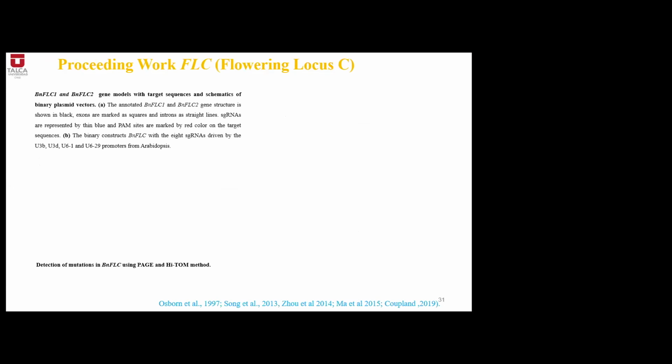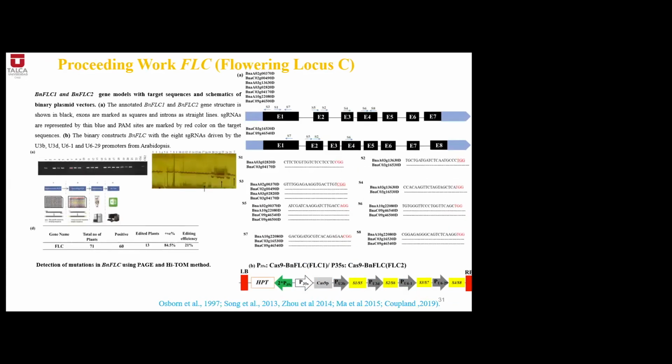So this work we have done already, and you can see the result analysis. We did all these things for the flowering locus FLC by choosing different protocols from different labs. This will also be very interesting for getting the mutant phenotype. You can see this is the wild type, and here are the different mutant plants. We have also done the genotyping, but there is some complexity.